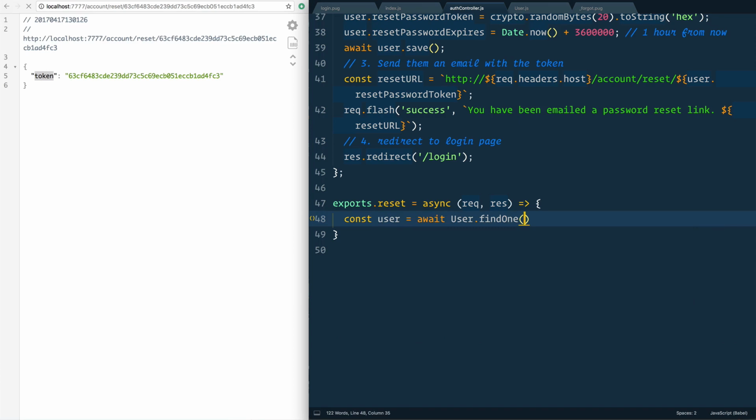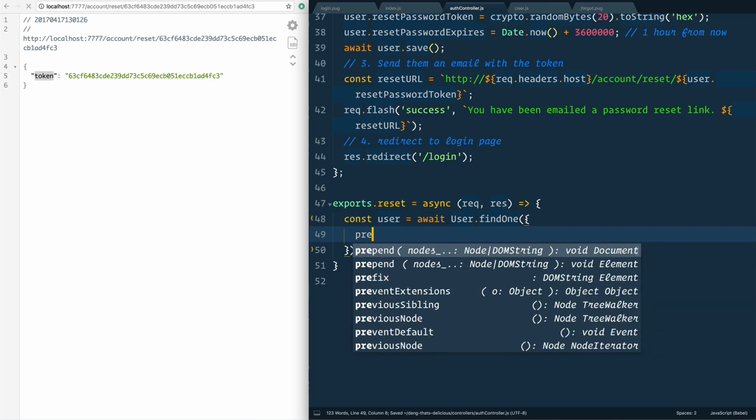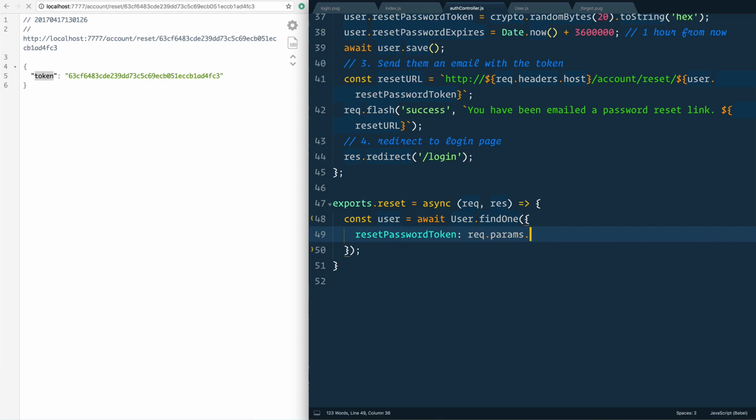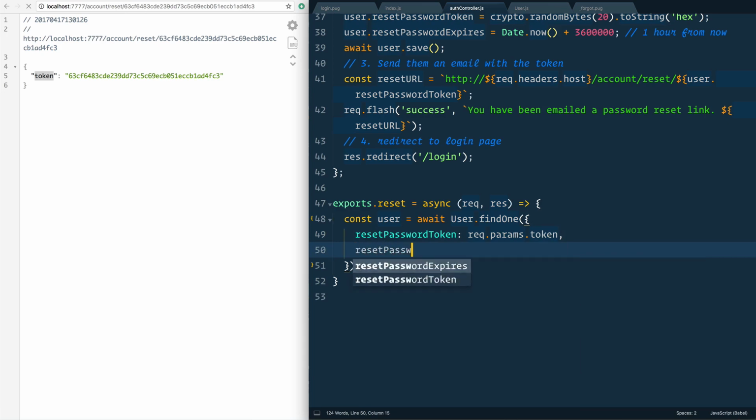User.findOne. Want to find somebody where, and now this is the tricky part, where the reset password token is equal to the request.params.token. So somebody has to know that token in order to get to this URL, and that's because it's been emailed to them. And then also we want to find that the date is greater than now. So we'll say reset password expires is, and this is kind of a cool query that you can do in MongoDB, you don't just set it to a value, you set it to an object where the key is greater than, $gt,